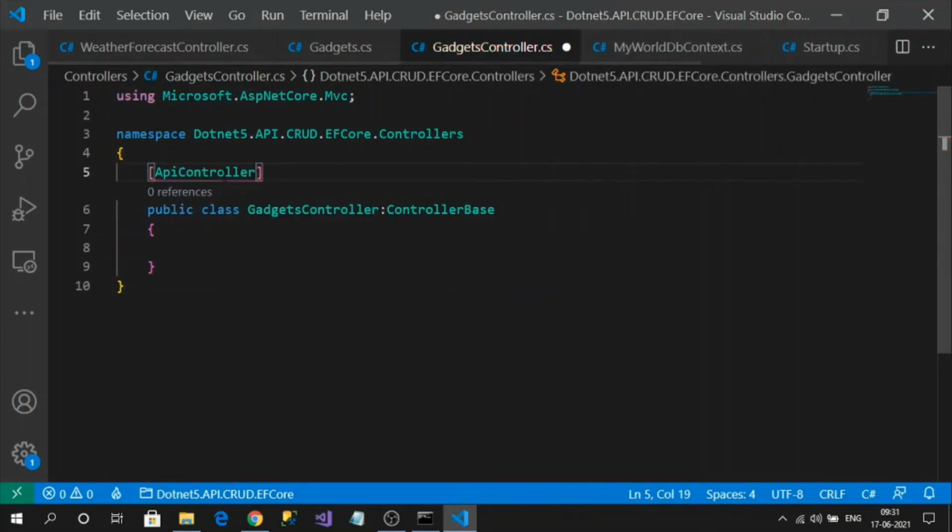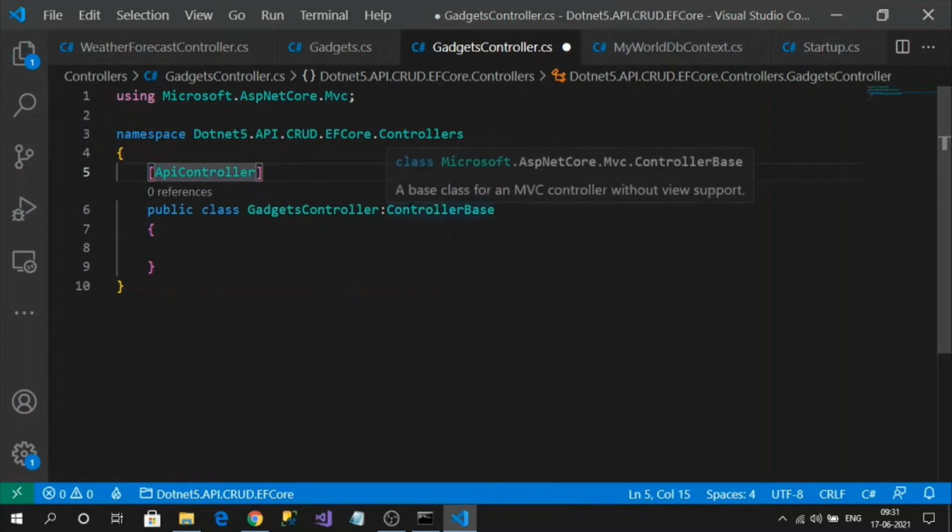ApiController. This attribute is optional, but it is recommended because it will provide some additional features to developers regarding the API only, because ControllerBase also derives from MVC. By decorating with the ApiController attribute, it will give additional features like versioning and other relevant features. If you don't define ApiController while applying web API versions, you will receive some errors. So it is recommended to use ApiController. Without it, it will still work, but we are going to lose some additional features.